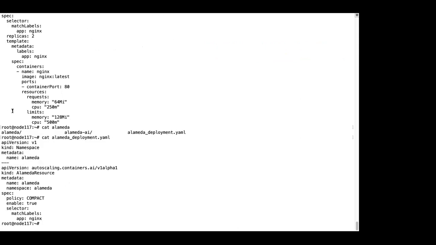So that's what our custom resource Alameda deployment would look for. We have a selector match labels app Nginx. So our operator would look for this resource and then match the labels and then predict resources for the Nginx pods. And then after we set that up, we can do OC get